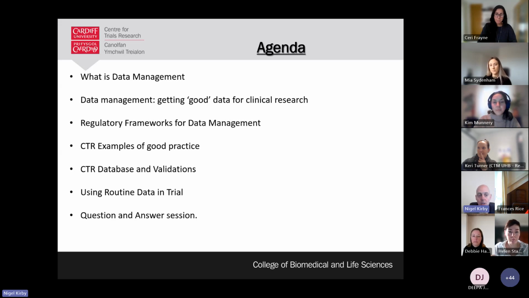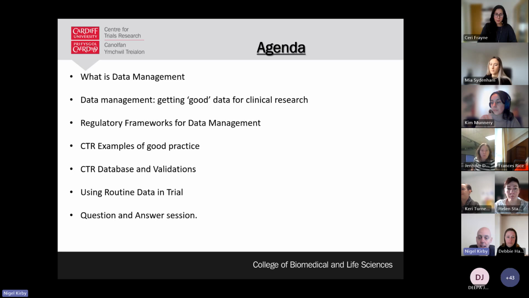Mia is then going to talk to us about the regulatory frameworks for data management and how these frameworks bind our work together. Ceri is then going to look at CTR databases and validations, so look at the databases we use and how we validate these. Debbie's then going to talk about CTR examples of good practices, how we are ensuring that our data management methods